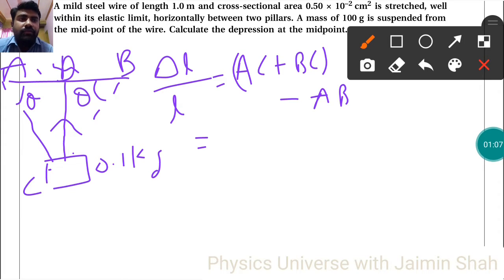AC and BC are the same, so it is 2 into one particular value, which starts from AD